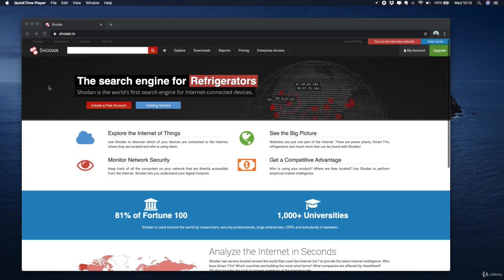I would like to introduce you to two search engines to find IoT devices that are connected to the internet. The two search engines are Binary Edge and Shodan. We can start with Shodan. Imagine that you want to search for printers,